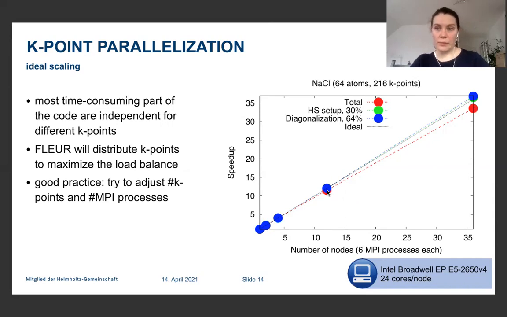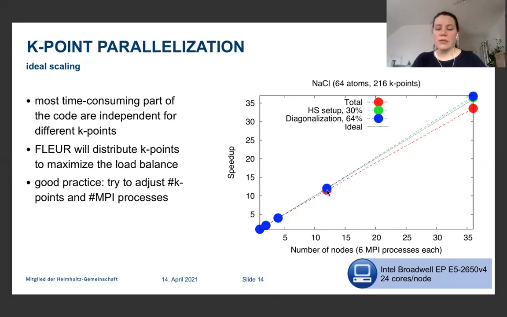So if you have a system with several k-points, make sure that you use this parallelization. And try to adjust the number of k-points to the number of MPI processes. What do I mean? FLEUR will try to distribute your calculation in such a way that the load balance is maximized. That means if you have, for example, 4 k-points and you start your calculation on